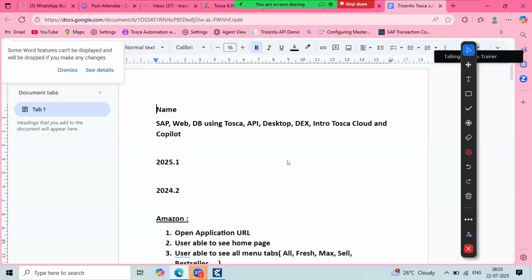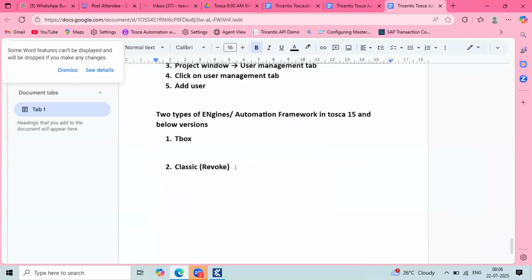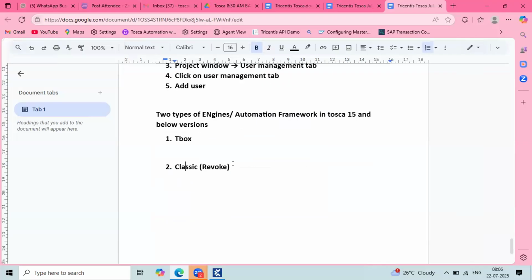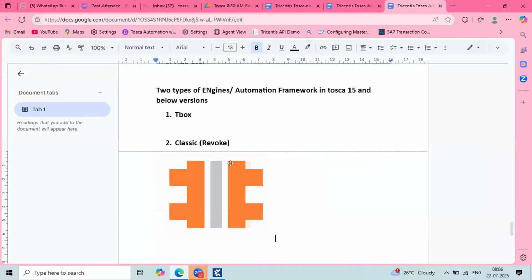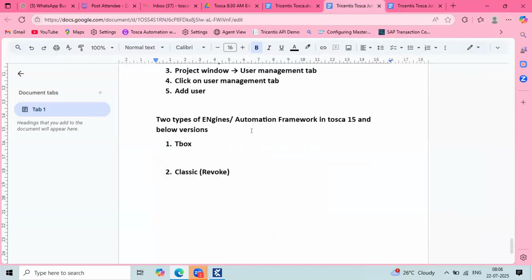Probably you will not get a chance to work with the classic engines anymore, because they upgraded Tosca Commander with the latest features. But if you have 3 or 4 years of experience, probably we can say you have experience on like version 15 or version 16 or something. At that time, this information will help you understand more clearly. Okay, now